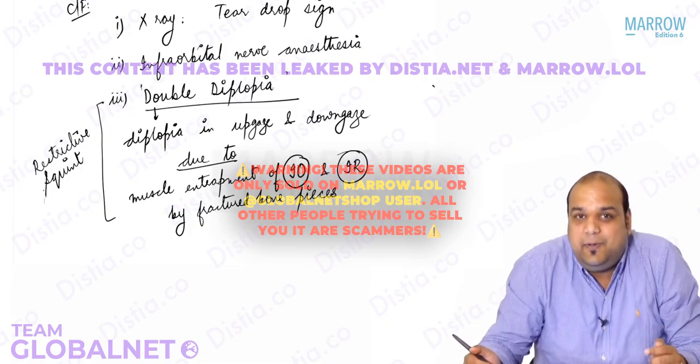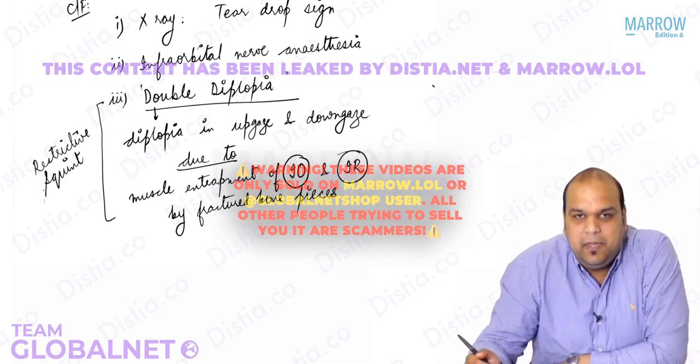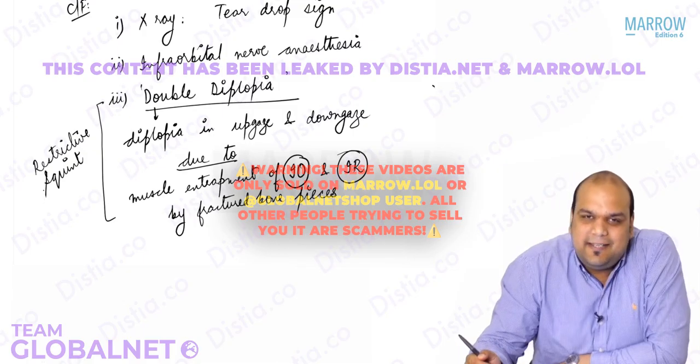Restrictive squint or paralytic squint, 2 types of incomitant squint. Restrictive. I hope you understand this. Right, guys? Done. These are the simple clinical features of a case of blowout fracture. I hope you are able to understand this. I hope you have been able to comprehend the photograph of teardrop sign.